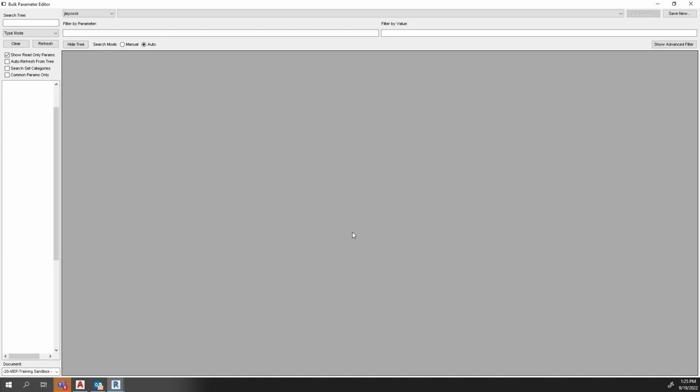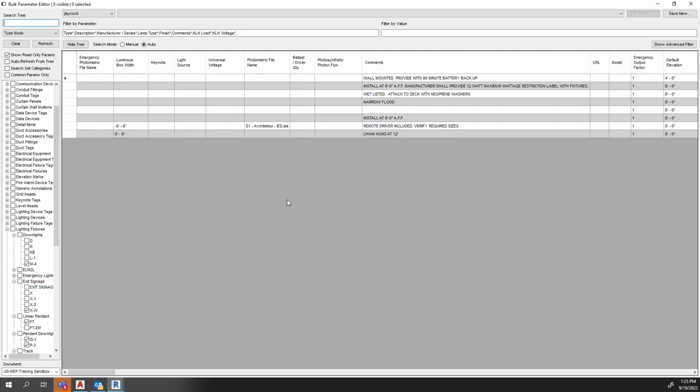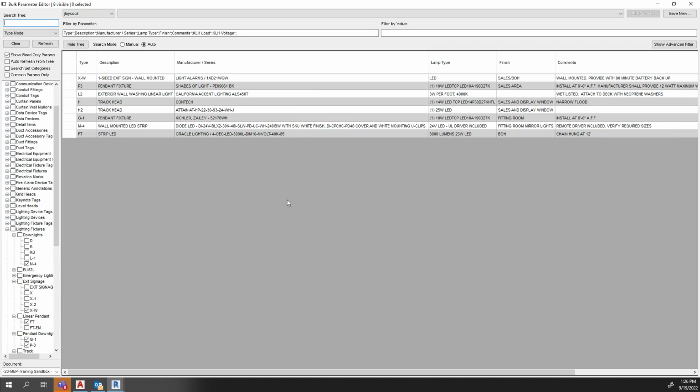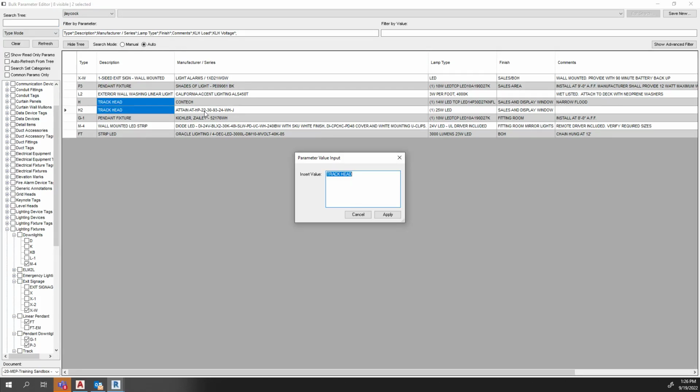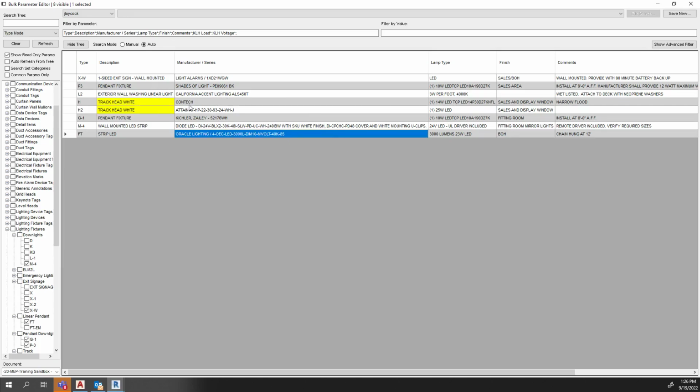So if I click yes, it will automatically select the light fixture category, as well as each individual type and all the parameters within that schedule. Now I can easily manipulate this schedule much faster than I would for a schedule individually. This allows me, for example, to edit multiple at a time. I can also